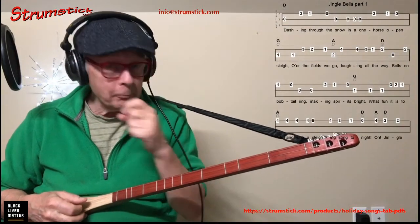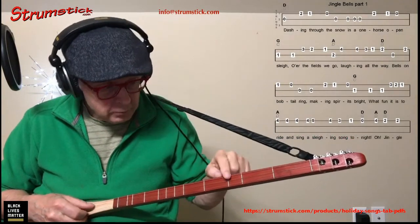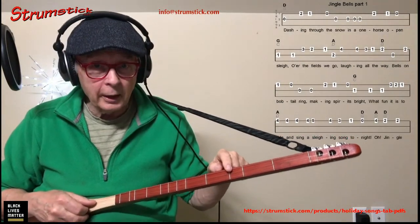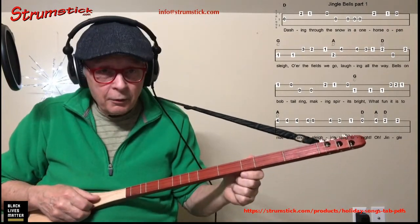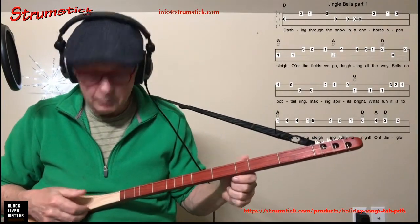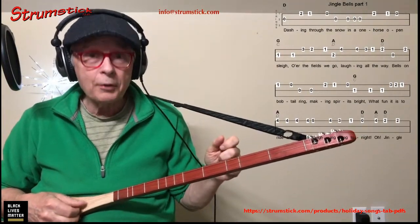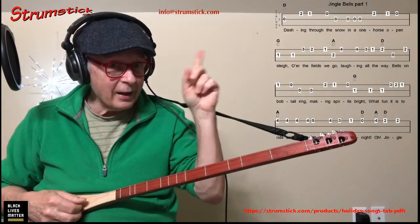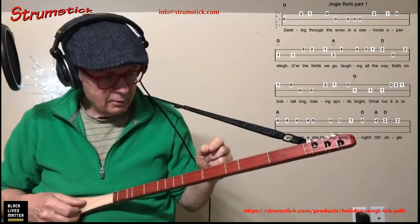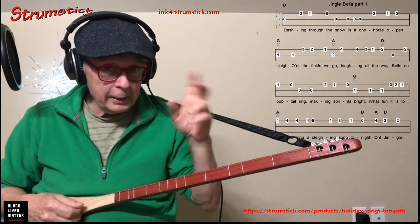So at its very simplest, this pattern is simply thumb, finger, thumb, finger. So if I started on the second string and then used the first finger on the first string, you would have thumb 2, thumb 2, thumb 1, finger numbers, thumb 1, thumb 1. And you could play,